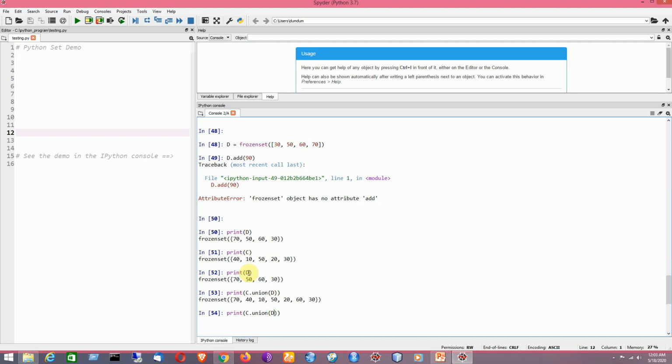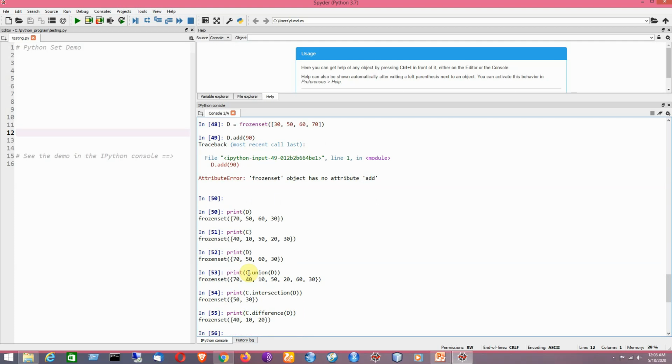Similarly we can apply intersection on it, but remember that these operations are not making any changes to the existing frozen sets C and D. So that is shown over here, intersection. Now we can have the set difference. So it is shown, and finally I am going to apply symmetric difference.